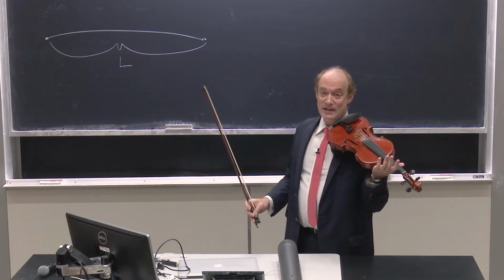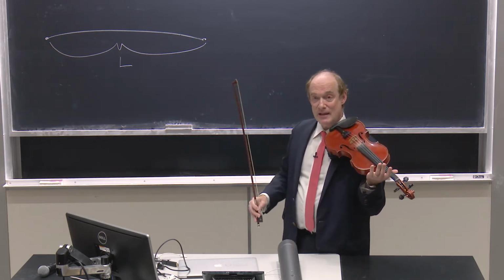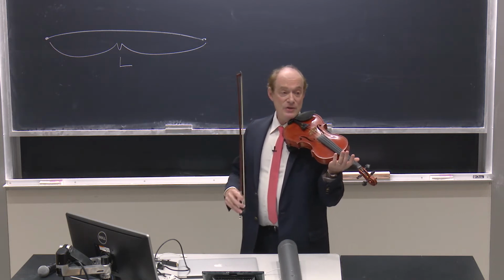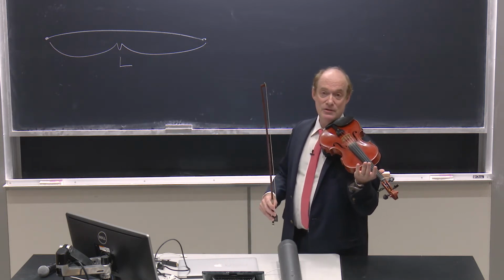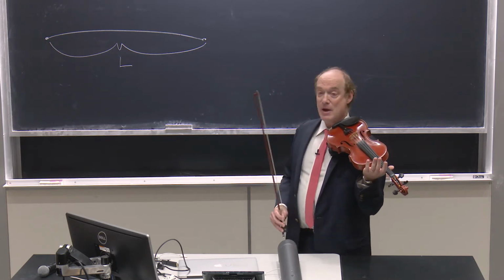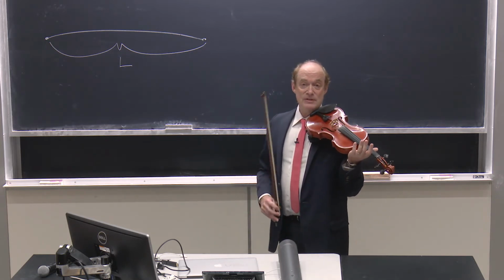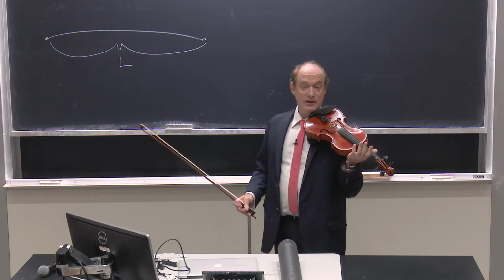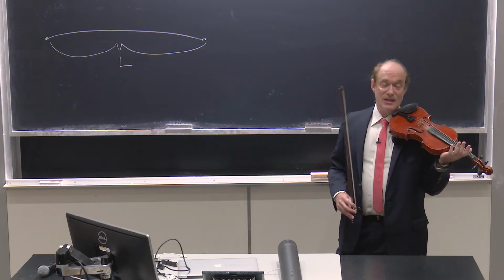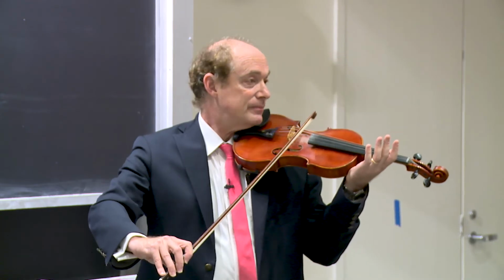The note that I get is mainly the fundamental, but there are mixtures of harmonics, and the ratios of those in amplitude to the amplitude of the fundamental is pretty much fixed. That's what gives the violin note its color. It's the combination of the fundamental and the harmonics that makes a tone on the violin different from the same tone